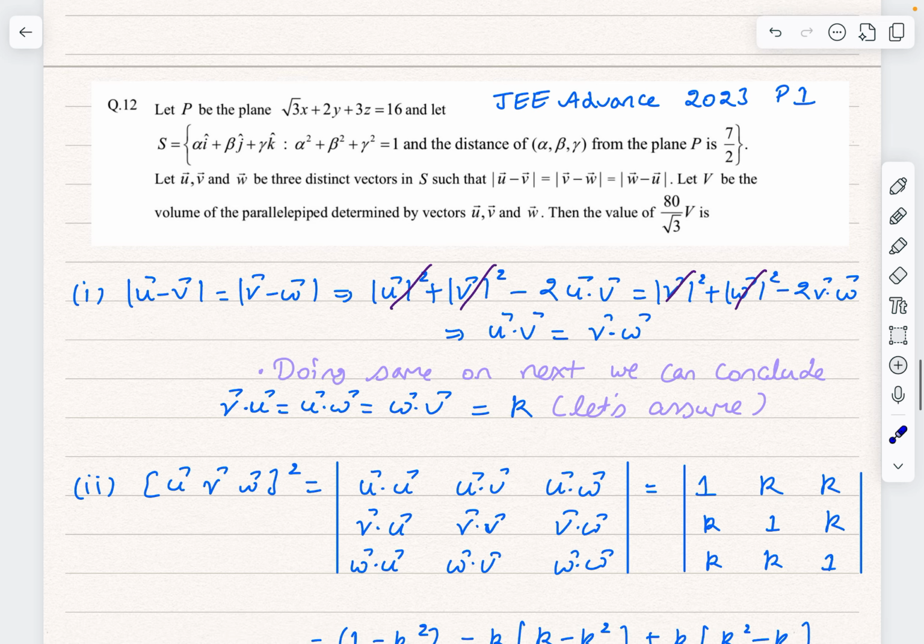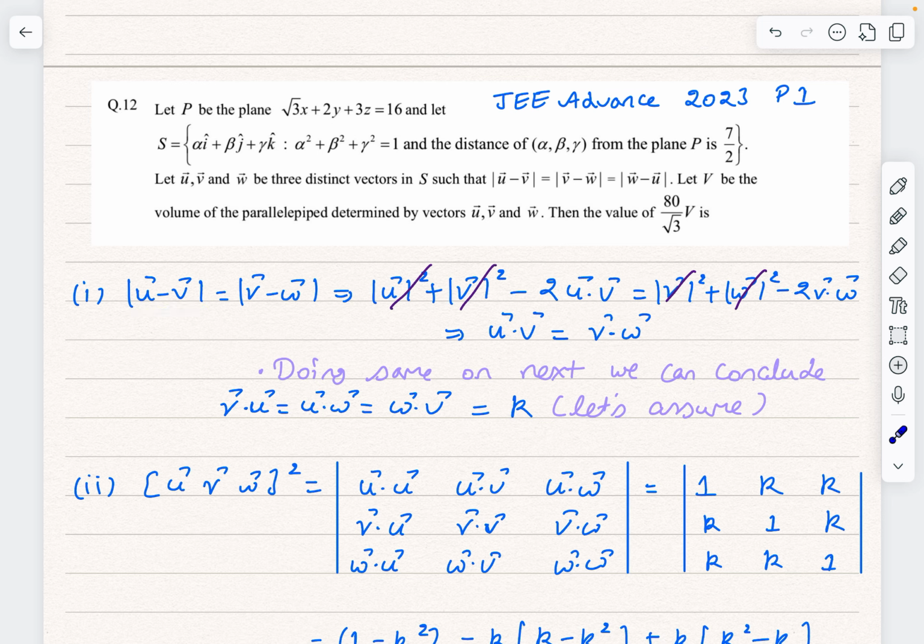To understand this thing better, we'll break this problem into parts. So first of all, let us understand this thing. So we have three vectors: mod u minus v equal to mod v minus w equal to mod w minus u. So if I take mod u minus v is equal to mod v minus w and